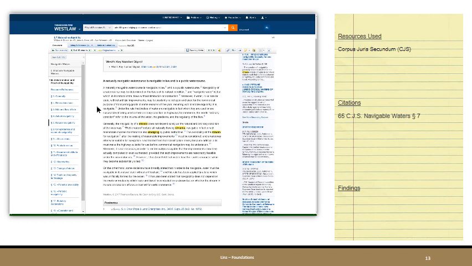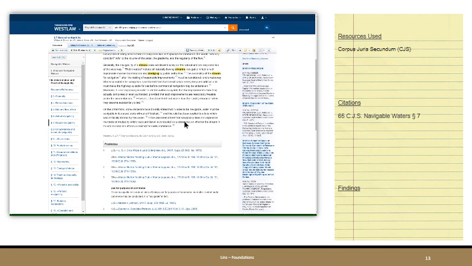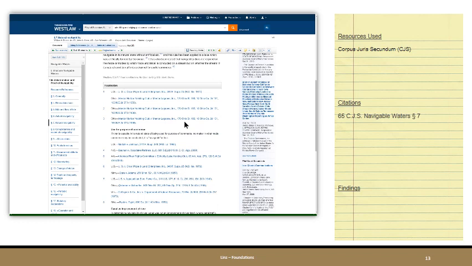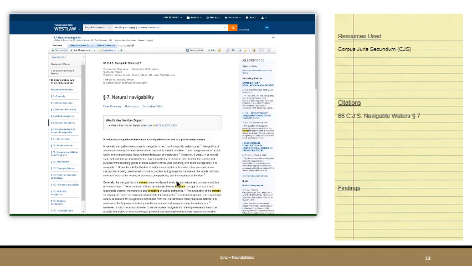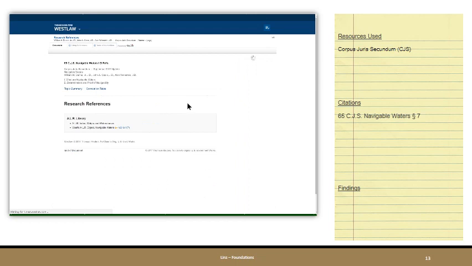Here is the text of the encyclopedia article with some description about what the law is, and then the other point of using secondary authority is to get to all the primary authority, citations to primary authority, and here it is in the footnotes, various cases to U.S. and state court cases. So very nice. The other thing we want to look for is references. Hopefully references to other secondary authority, and we find it.